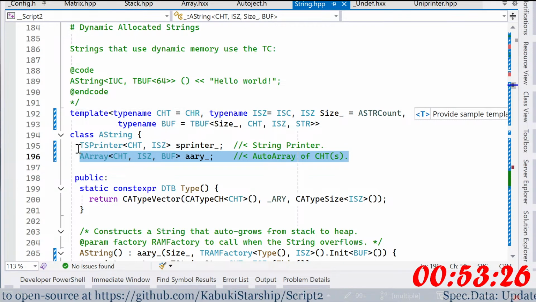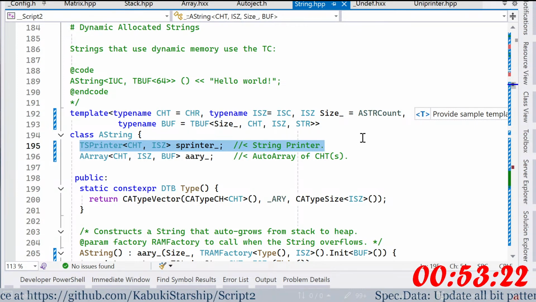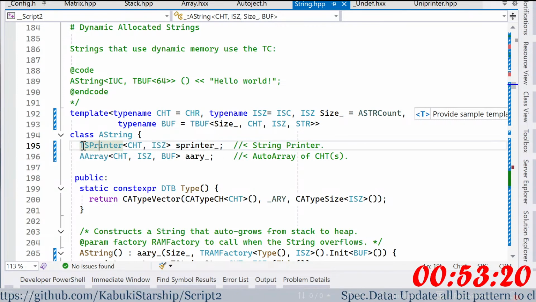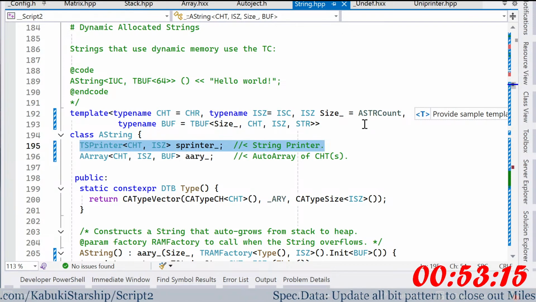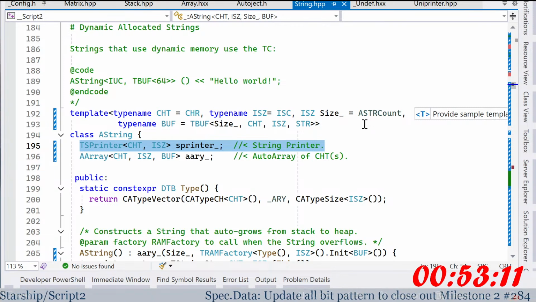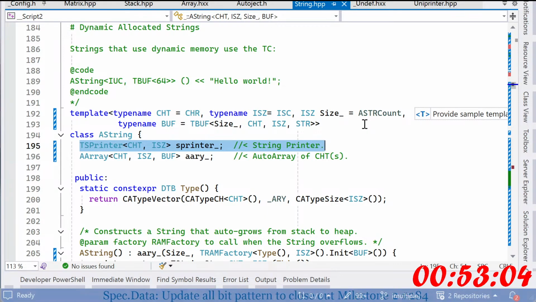So I'm going to have to take this sprinter value, and it's going to be on the stack in a buffer. And then I'm going to have to take that buffer pointer and put them back on the stack, and then they're going to get saved again in the hardware assisted stack. All right, I don't think that this is actually the way that I want to go about doing this. It does seem to me